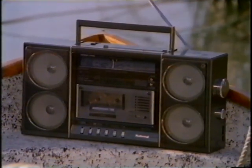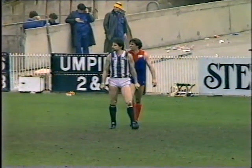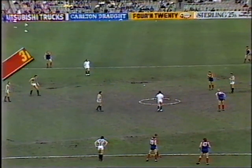It's not just big four-speaker sound, it's We begin the second half of the match now from the Melbourne Cricket